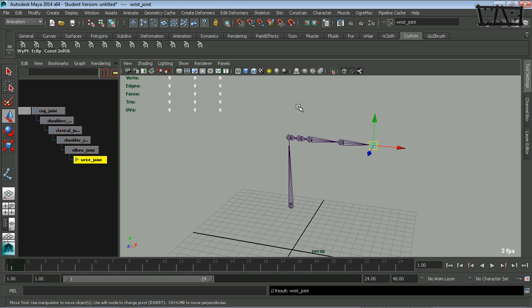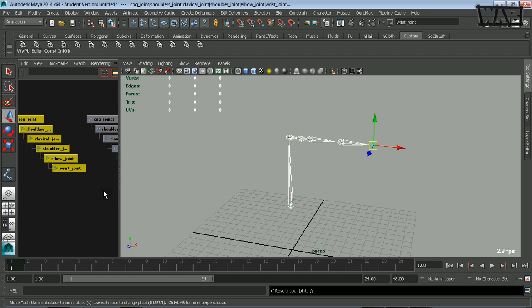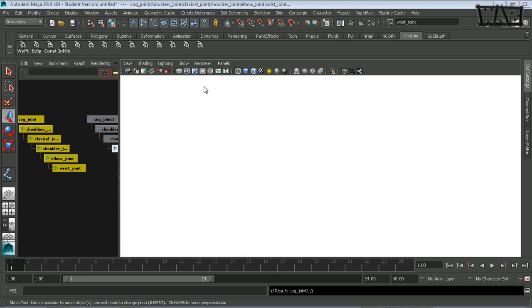In a game I want to keep my bind skeleton totally separate and independent of the other skeletons. So first thing I'm going to do is select this top joint, the cog joint, and press Control D to duplicate it. Then I can select all these joints. I'm going to go to Modify,